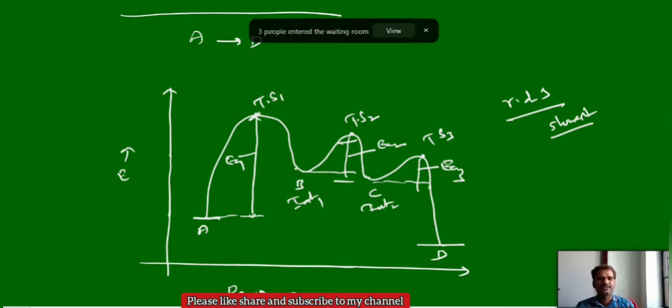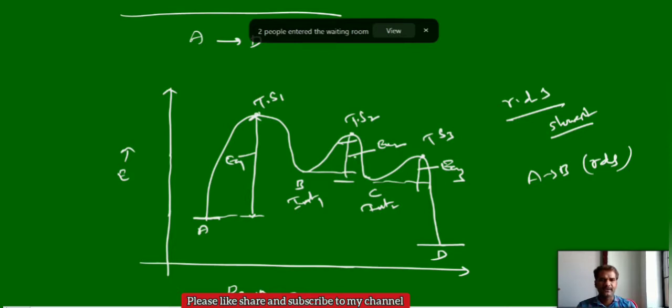A to B has the most activation energy, which means converting A to B takes more time, so it is the slowest step. Why? Because of more activation energy. We can say A to B is the RDS. This is from the graph according to their activation energy. It is not exactly to scale, but you can see the visualization. Here the activation energy involved is more, so this is the slowest step, the RDS.